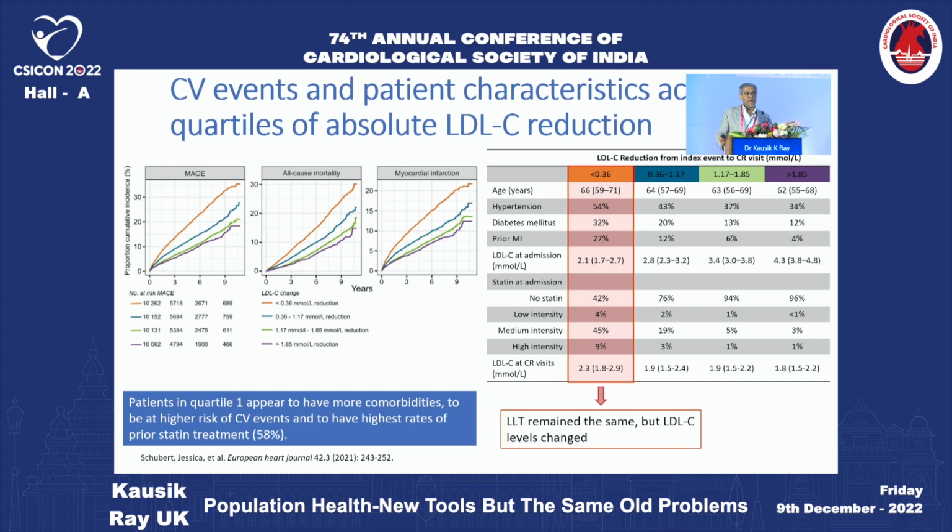Let me show you finally a couple of slides about the difficulty with implementation. Back to Sweetheart. On the right-hand side is the absolute change in LDL cholesterol that you see in patients with myocardial infarction. And if you look at the fifth row, what you will basically see is the LDL levels at admission. 75% of people will have an LDL between 2.3 and 3.8. So they're not hypercholesterolemic, but they've had an MI.